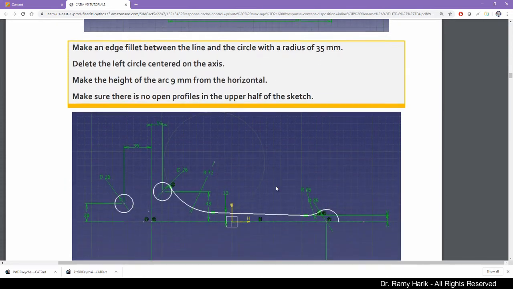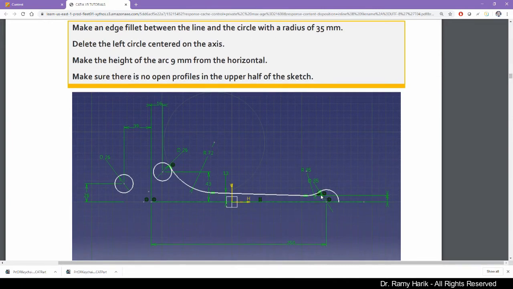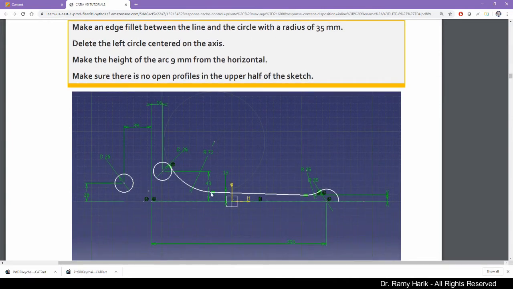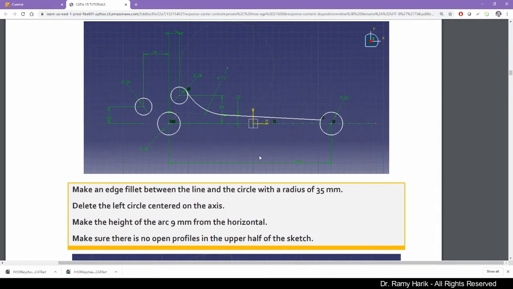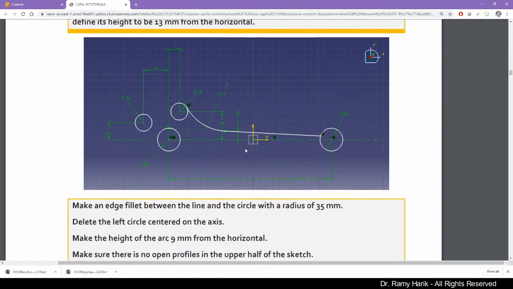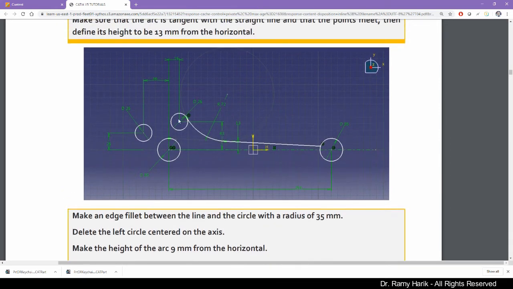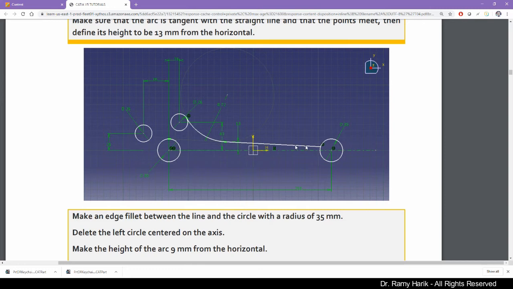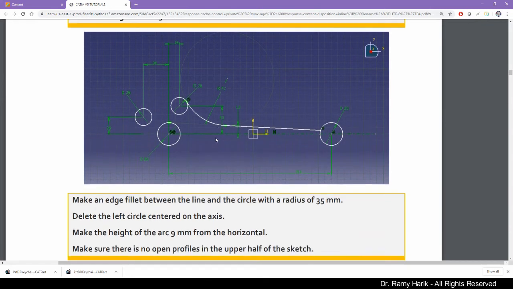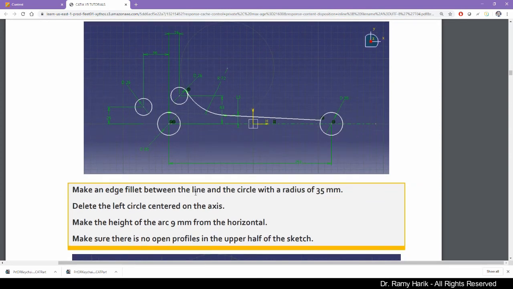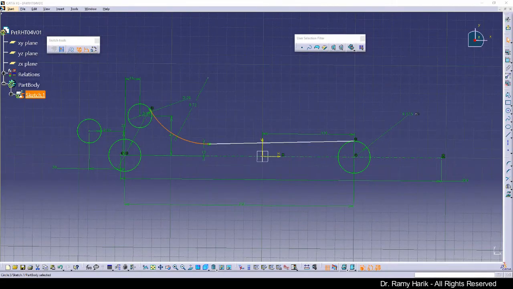Let's take a look a little bit more before we move forward and see if there is anything that we might have missed. So another dimension or something. So this is 13. This is once again 13. And what do we have in here? We have the 43 all the way to here, 13 coming here. So it doesn't look like we missed any dimension from this one. Let's see if there's something in the text. Make an edge fillet between the line and the circle with a radius of 35. Delete the left circle centered. Okay, so let's go ahead and proceed